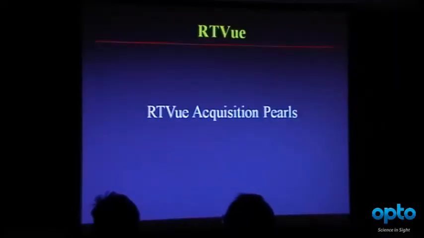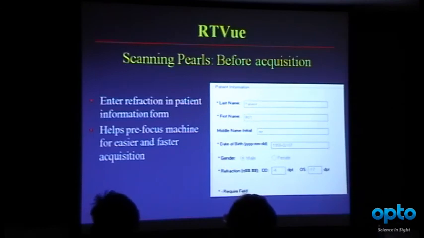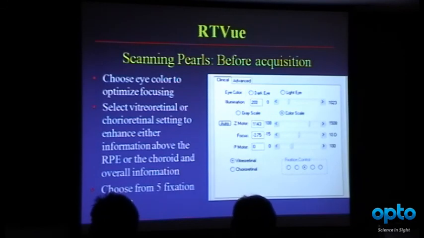For those of you who are thinking of getting a machine or don't have a lot of experience with it, setting up the original scan, there's some things that are important to do. The refraction, it asks for the patient's refraction. That takes a little time to input it, but it makes the focusing much easier if you input the refraction. Choosing eye color also helps. It will speed the scanning. I mentioned the vitreoretinal versus chorioretinal setting. Most of the time we